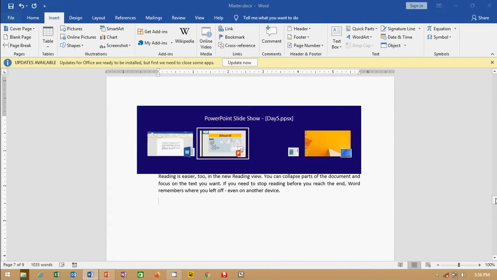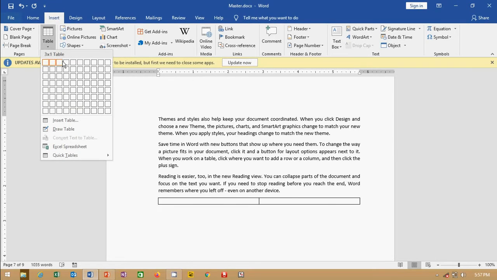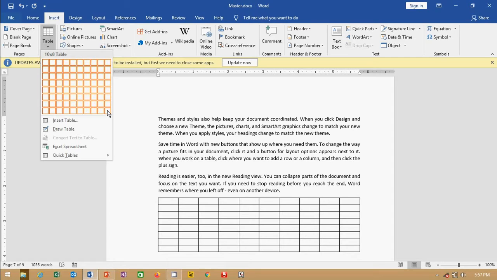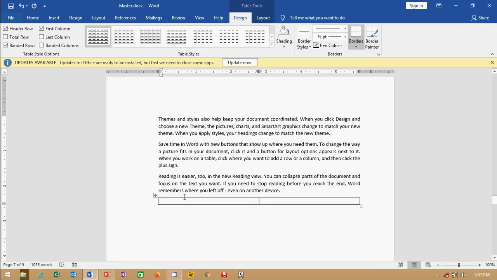Okay, now the importance of table. So what is the importance of table? Suppose I need to write my qualification, my details in a format like this, means year, name. Suppose I am going to make this kind of table, how to make it. So Insert, Table. There are many tables predefined. So 10 into 8, and suppose I am taking 2. Okay, I am taking 2 and Tab.